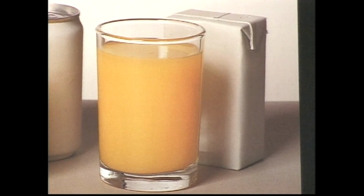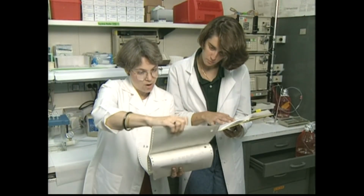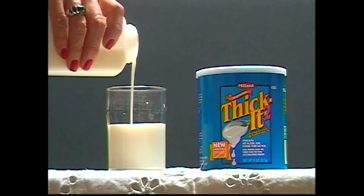Hydration. Liquids may pose problems for patients with dysphagia because thin liquids tend to be the most difficult to swallow. It is important to work with the SLP to provide the safest type of liquid for each individual to swallow. Most adults need about 6 to 8 of 8-ounce cups of fluid per day. Thickening liquids will slow down the movement of the fluid from the mouth through the esophagus to decrease the risk